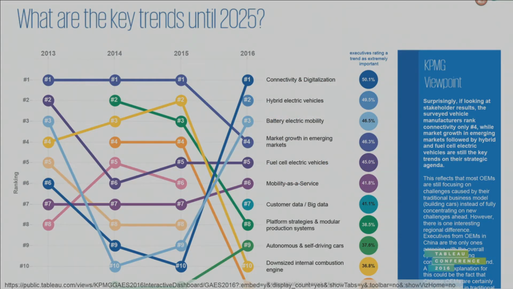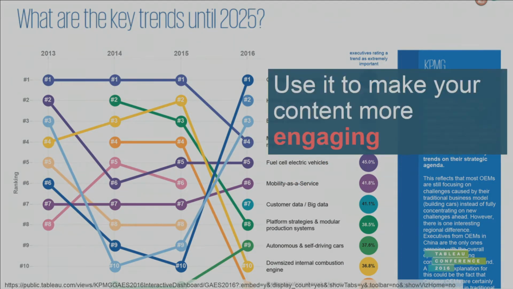You can also use it to make your content more engaging. This is part of a 42, I think, story points visualization by KPMG on their annual automotive survey. So this is a white paper reimagined. They produce these surveys every year across many different verticals, and they realized they weren't getting much traction with them, and there's a lot of work to build them. So they thought a way to make their content more engaging, and also, once they've made it once, it's easier for them to update because they can just refresh that data set.